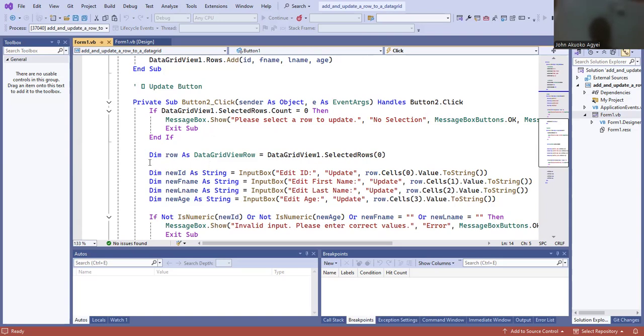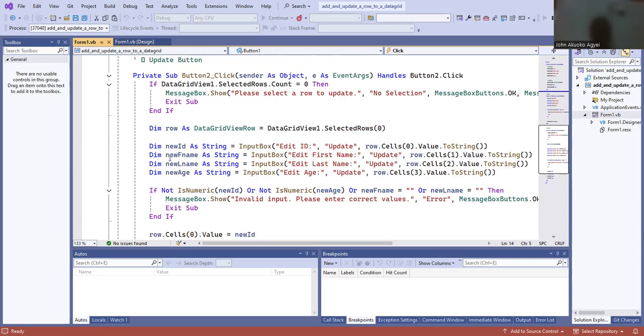So we move on to the next block of code. We have Dim row As DataGridViewRow equals DataGridView1.SelectedRows. So now Dim newID, Dim newFname, Dim newLname, Dim newAge, and all are of data type string, with Dim newID equals InputBox edit ID, updating row.Cells.Value. So what this means is that